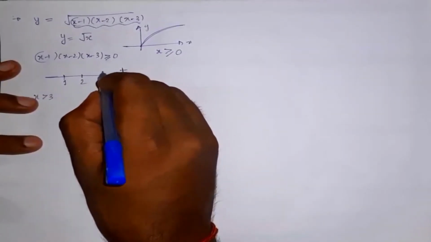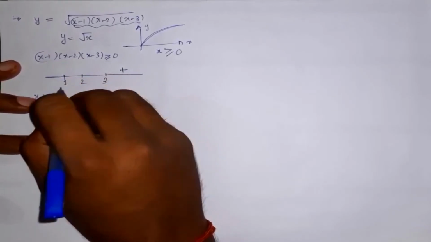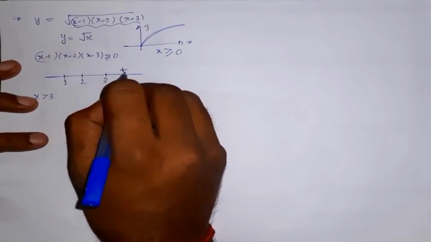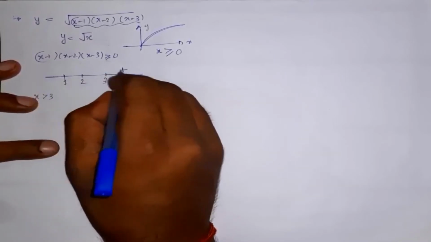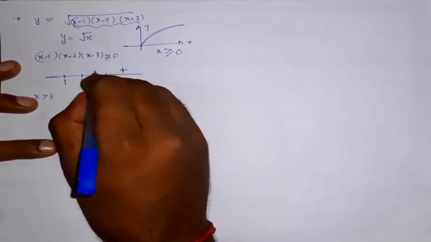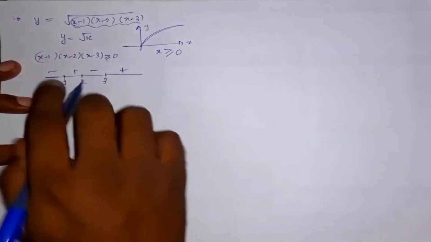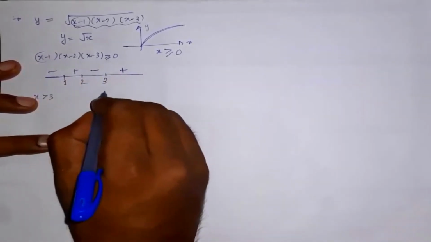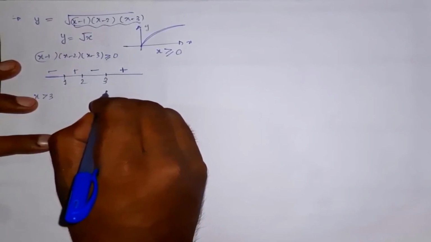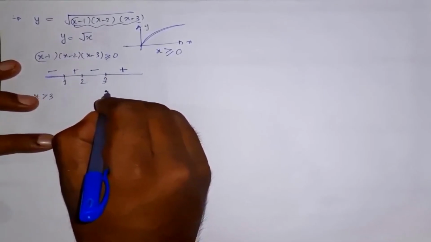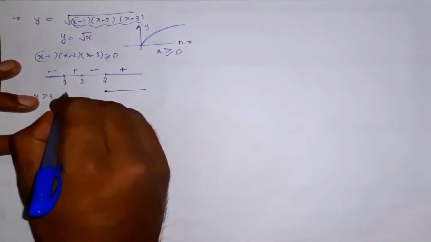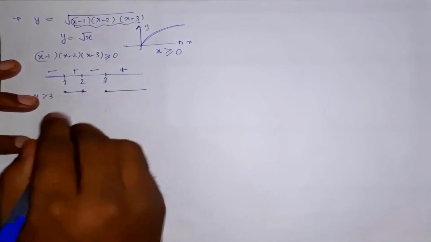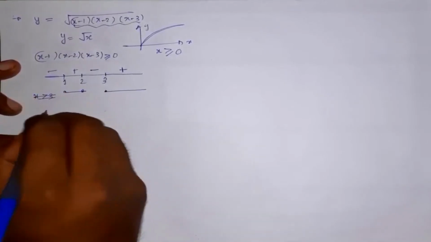Now we will go alternately positive, negative as far as the points of inversion are concerned. That means for each and every point of inversion, alternate positive and negative will go: positive, negative, positive, negative. Now we need to choose the values of x for which the whole function is greater than or equal to 0. In this portion we will take the equality, we will take this 3 also. And in this portion, 1 and 2 we are including. So what will happen?